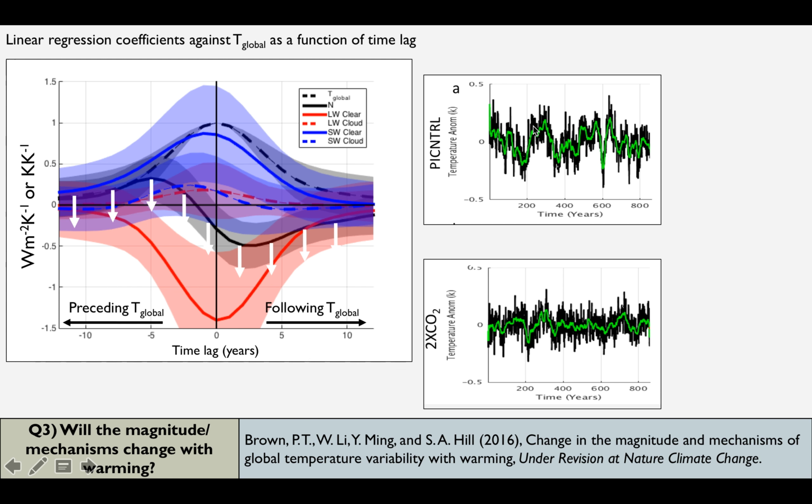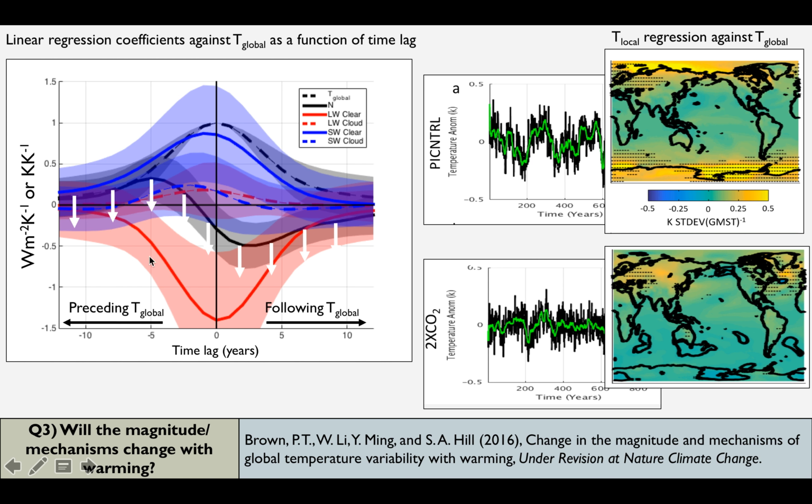And so you're looking at interdecadal to centennial scale variability here. And this variability decreases by quite a bit in the 2 times CO2 run, so it becomes much flatter. It's actually a 57% decrease in variability. So not only does the magnitude change, but because you're losing this sea ice, the kind of mechanisms of the